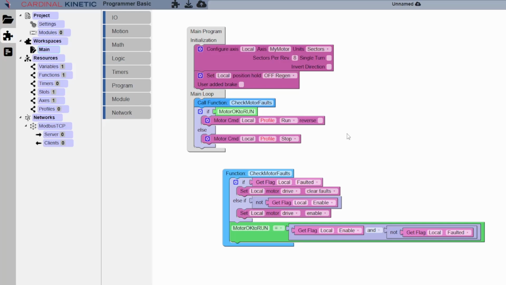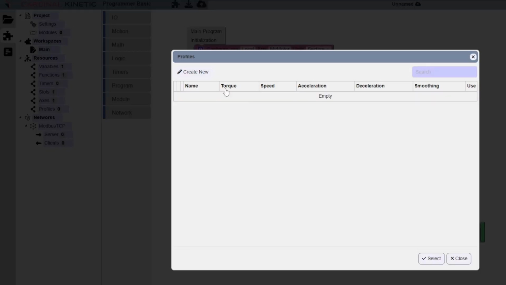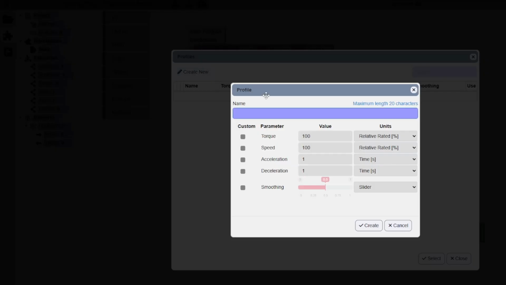Each movement must be assigned a motion profile. Click on Profile and see the dialog box. We'll have to create a new profile here. I'm going to call our profile Smooth Jog because it's just a standard smooth jog of the motor that I'm looking for. Just to show you though how to adjust these attributes, let's click on the speed and change the